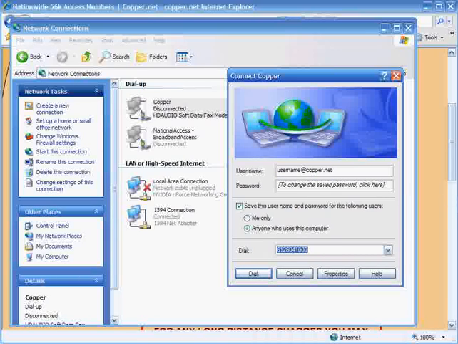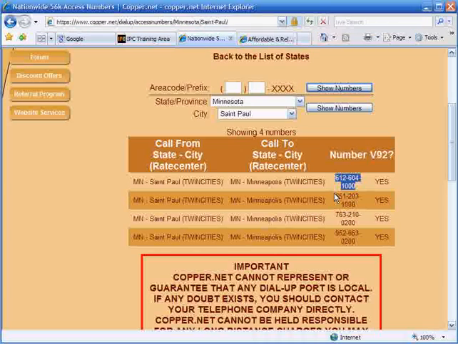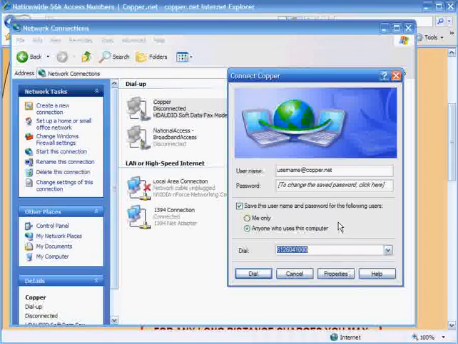Now if you ever want to switch your access dial number, remember you can always go to Copper.net again and get a new dial-in number, and you'll be able to use it with your dial-in connection with Copper.net. And that's all there is to using their service. And this service, again, isn't to replace your current broadband or DSL or your current internet connection. What this is used for is to switch your IP address. And the more times you switch your IP address, the more